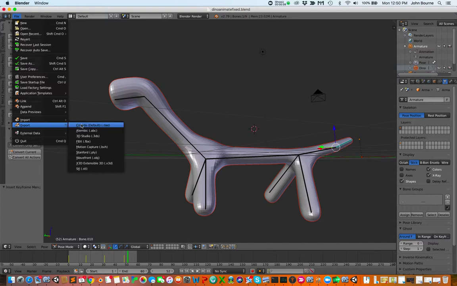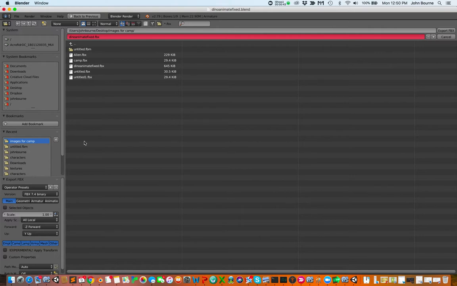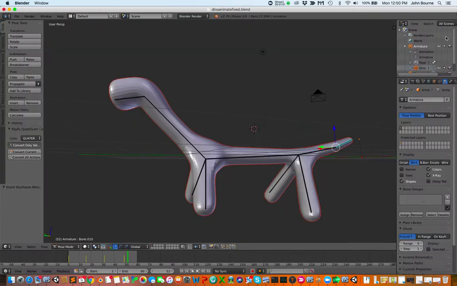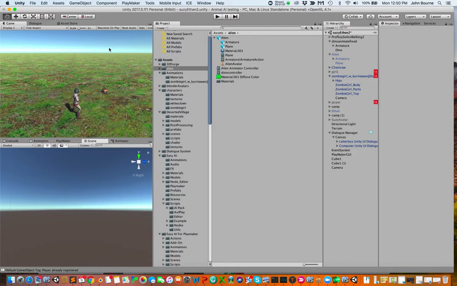Export the dino to an FBX file, which I've done and called dinoanimatedfixed.fbx because, of course, we fixed the problem with the rotation on the dino before, so it's done, and we have it now exported. It's a relatively small file and should go over rather quickly. So let me move to the